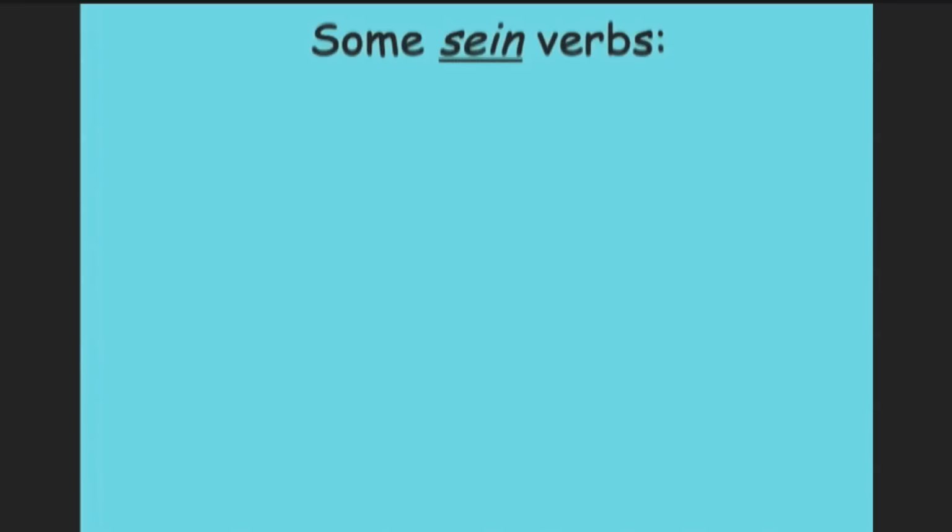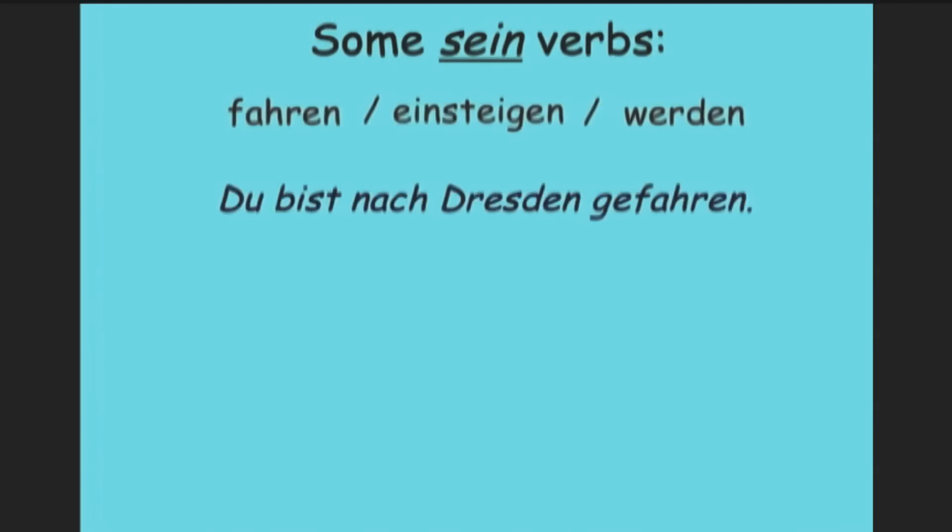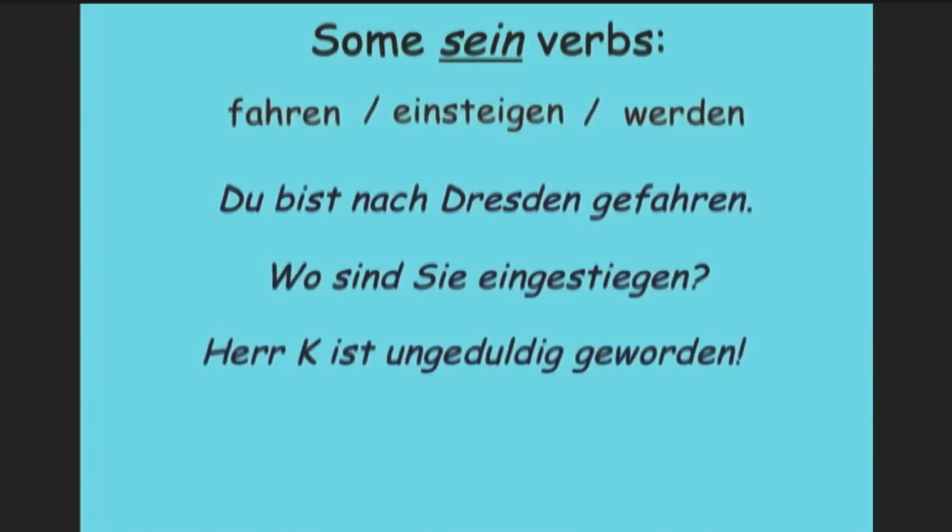Let's look at some sein verbs. Fahren, einsteigen, und werden. We can put these into sentences into the perfect tense. Du bist nach Dresden gefahren. Wo sind Sie eingestiegen? Und Herr K. ist ungeduldig geworden. Note the helping verbs in these sentences are forms of the verb